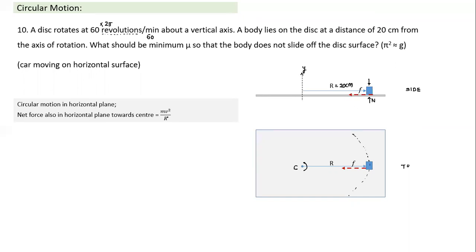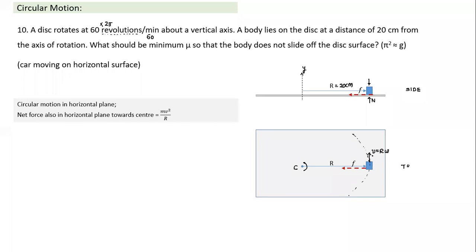If it is rotating slowly, if v is less, the centripetal force required is less. So in that case, the friction force also may not act to its full capacity. It will act as static friction. And as we increase v, we try different constant velocities. I'm not saying acceleration. I'm talking about making the disk rotate at different constant values of omega. As omega keeps increasing, the centripetal force will keep increasing. Friction force also will keep increasing. There's one particular constant angular velocity omega at which v will be equal to r omega. At that particular speed, what may happen?